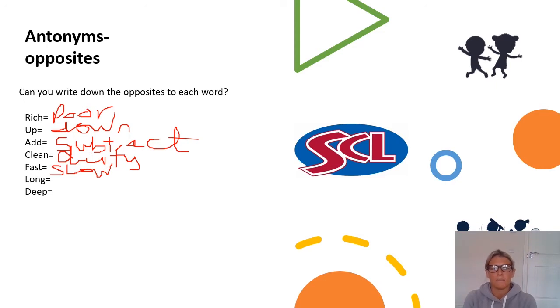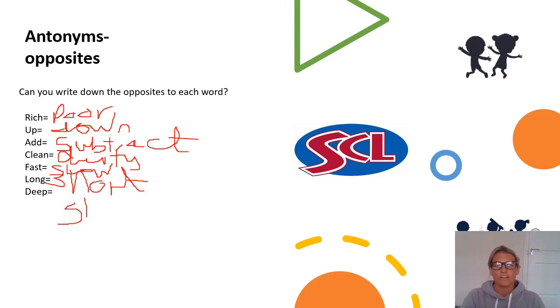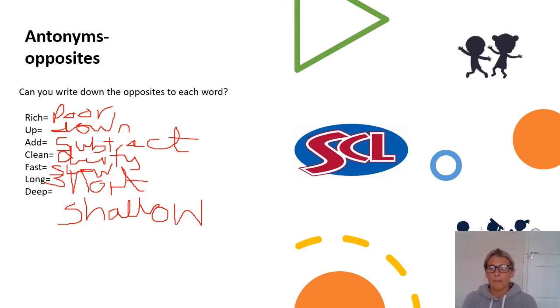Okay, if something was long, what would the opposite be? Short. Well done. So we've got short here. Do apologise for my writing again. It's not the best. Okay, if something was quite deep, this is quite a tricky one. I put a challenging one there at the end. What would be the opposite word? That would be shallow. If you had a deep end of a swimming pool, you would also have a shallow end, which is where you will be able to touch the floor. So some of them again would have been nice and easy. I know some of them may be a little bit challenging, just to push yourselves a little bit.